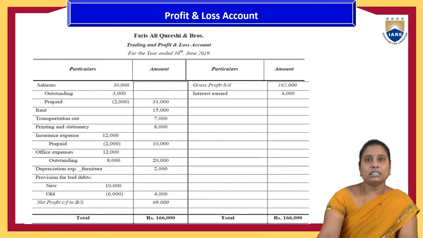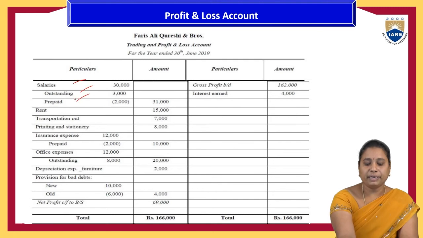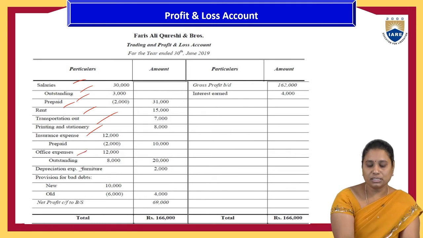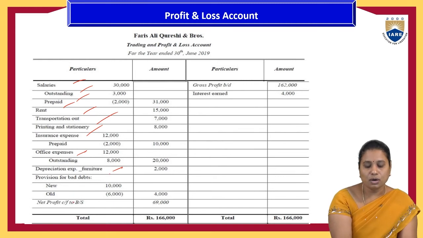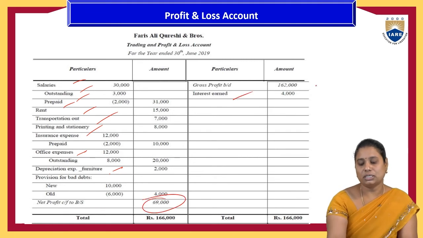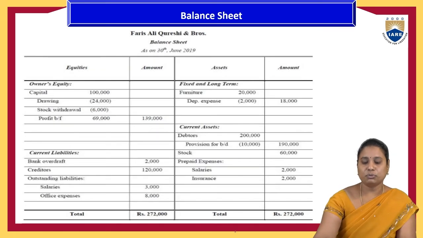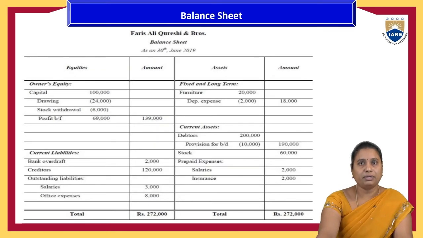Next one, the profit and loss account: salaries, outstanding, prepaid, rents, transportation, printing, insurance expenses less the prepaid of that one, and office expenses less the outstanding expenses, depreciation on the furniture, provision for bad debts, new one and old already 6,000, meaning the remaining 4,000, and net profit is 69,000 with the interest earned. And the net profit, along with the gross profit of that one, is posted to the balance sheet, the capital with the